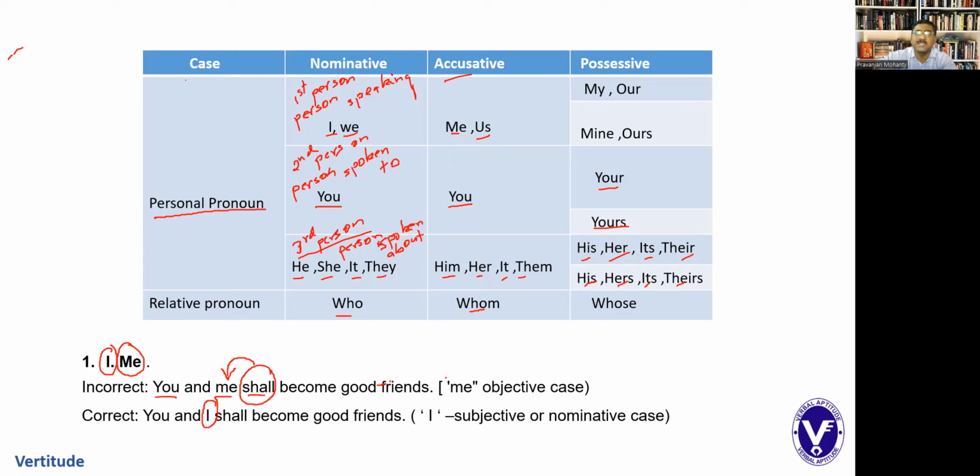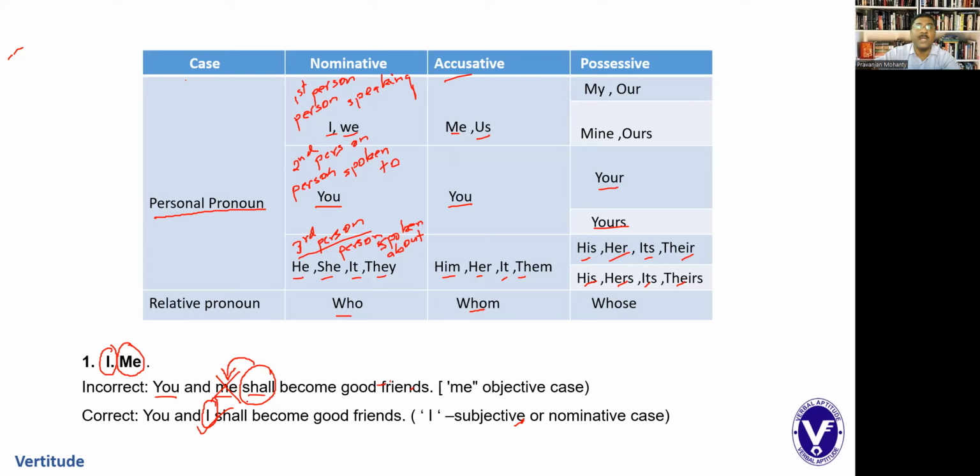बहुत ही simple सा fundamental चीज याद रखो। जो सब्जेक्टिव केस होता है या नोमिनेटिव केस होता है वो वर्ब से पहले आएगा, मेन वर्ब हो या हेल्पिंग वर्ब हो। उससे पहले अगर आता है द प्रोनाउन या नाउन, दैट इज अ सब्जेक्टिव केस, एंड अगर उसके बाद में आता है सो दैट इज नोन एज द ऑब्जेक्टिव केस। एम आई क्लियर? सो दैट्स व्हाई यहाँ पे शैल हो गया हेल्पिंग वर्ब, इसलिए यहाँ पे ये जो मी है ये नहीं आ सकता है बिकॉज ये ऑब्जेक्टिव केस है। इससे पहले सब्जेक्टिव केस आना चाहिए, आई इज द सब्जेक्ट।